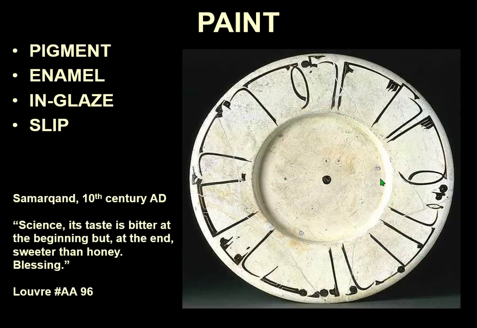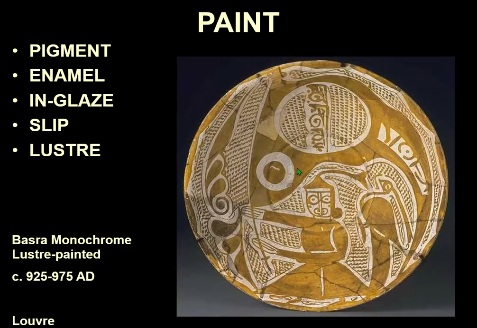And you have slip paints. So this vessel, and I showed you another slip paint earlier on, talking about slips, has got black slip painted onto the surface. This has then had a lead glaze. You have luster paint. Luster paint's a whole thing. It's a metallic paint, and I'll be talking a lot more about this later on. So luster paint's another type of paint. And that's it.